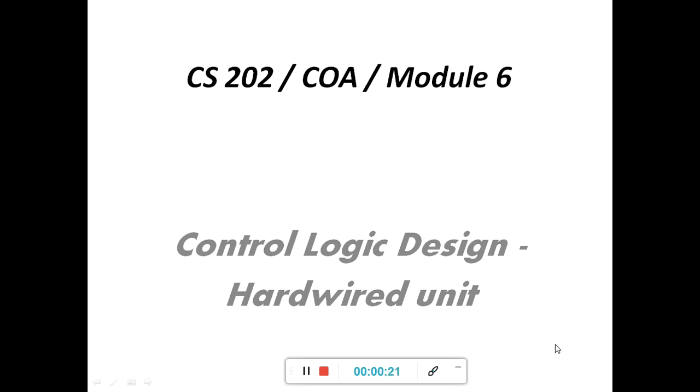Before we see hardwired control, we need to know about control logic design. What is control logic design? It is a central processing unit. It directs the operation of a processor. The processor takes the input from a CPU, and then it conveys to the memory, arithmetic unit, logical unit, as well as input and output sections. It takes the input from the memory and sends to the memory. So it is considered the control logic design unit.